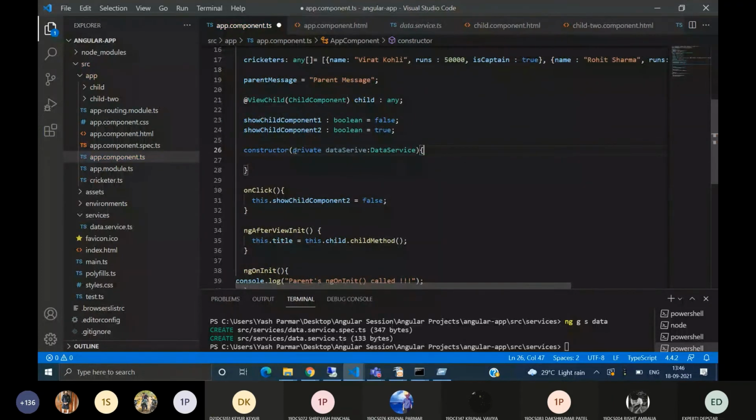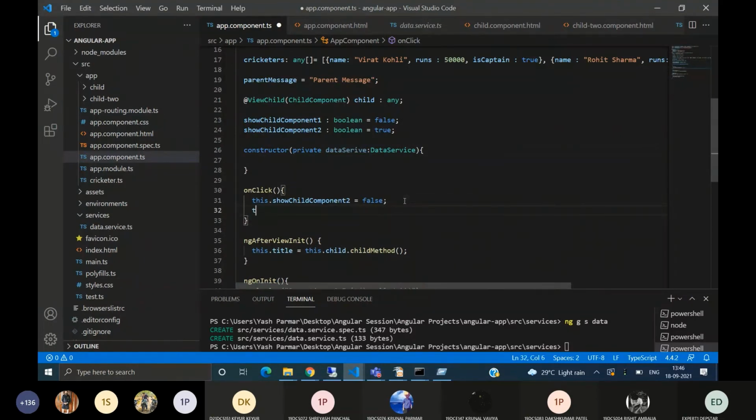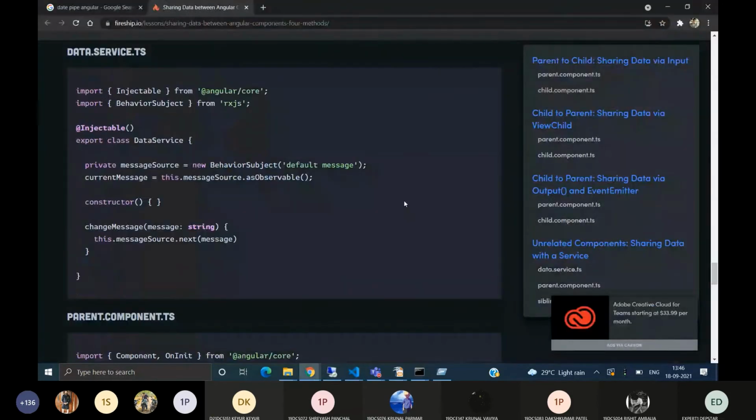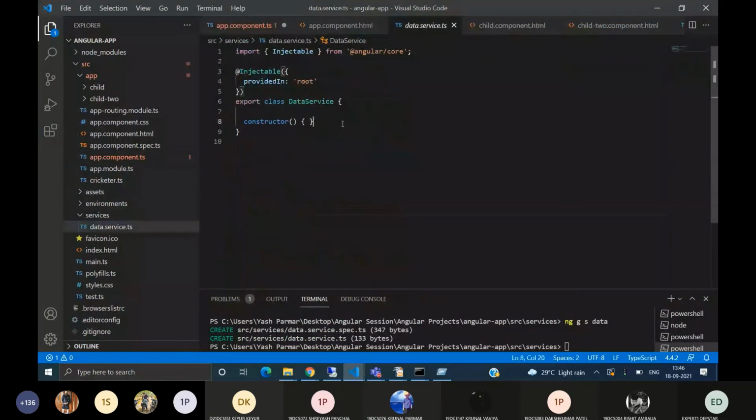So this is called dependency injection, and now we can access this data service anywhere in our application in methods. this.dataService dot, we can access any data that we create here, or any methods that are called in here.